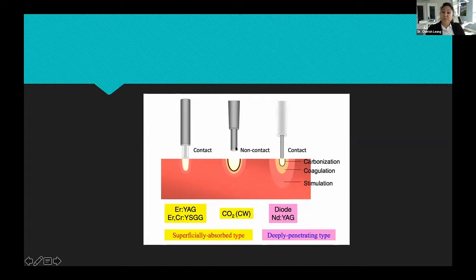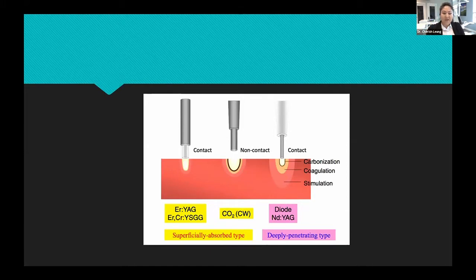With CO2 lasers here, you don't have any contact with the soft tissue while you're doing the procedure. You can get a lot of carbonization as well, so that charring, and then you do have the same coagulation and stimulation. As far as erbium, chromiums, like Waterlase, like I said, that I prefer to use, you have contact with the soft tissue when you use it, which is great because you do have a lot of the